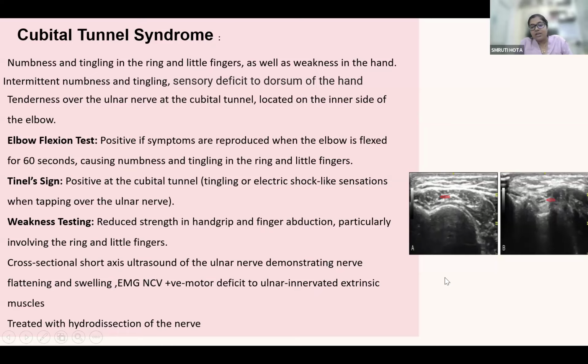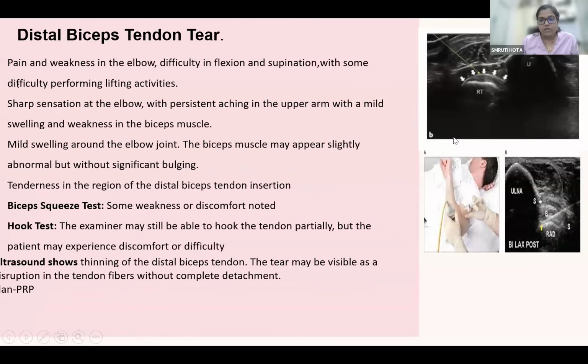The treatment is the same for all entrapment neuropathies: hydrodissection of the nerve in the cubital tunnel with 5% dextrose in the short axis and long axis. You can inject, coming like this from the medial epicondyle side, surrounding the nerve and create a halo sign, or you can say an owl's eye-like sign. Another important